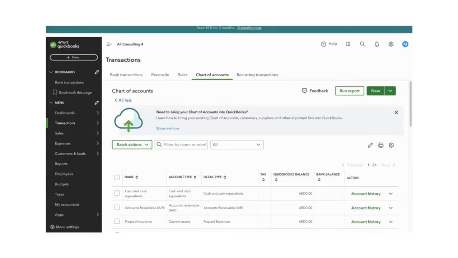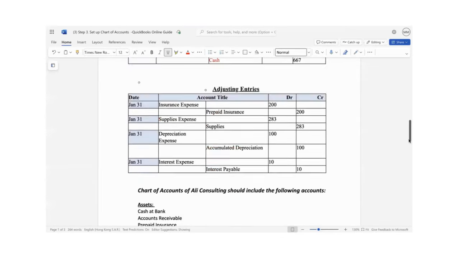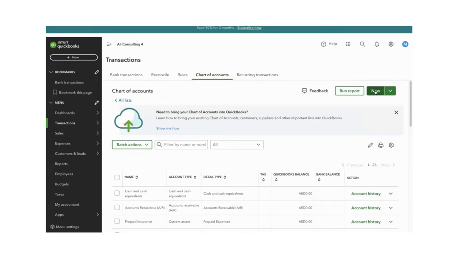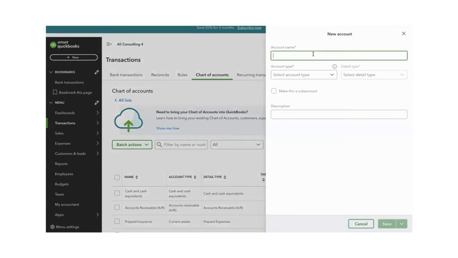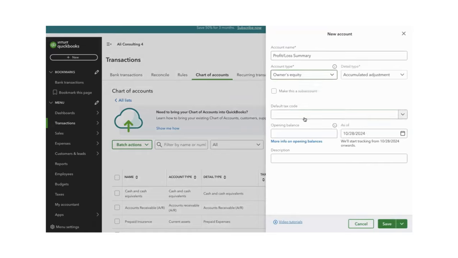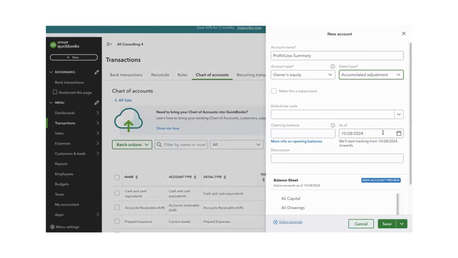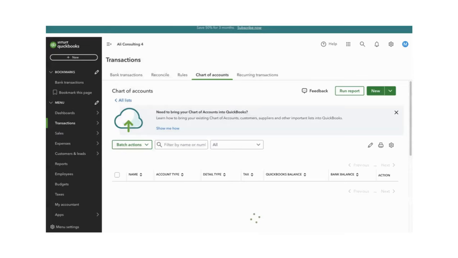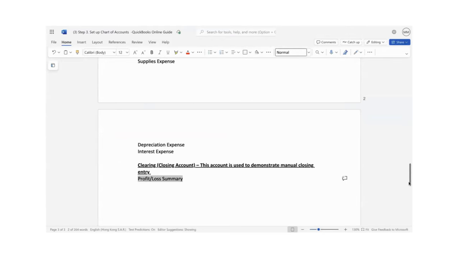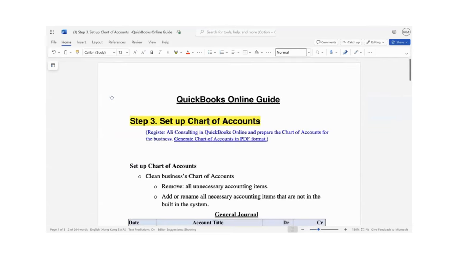Okay. By the way, we forgot one thing. So in order to close our accounts, we need to also create an account called the profit and loss summary. So we need to create it here. Profit and loss summary. So just record it as owner security account. I will need it for adjustment purposes, so just create it like that. Good job. So we are done with actually the third step, okay, which is related to set up the chart